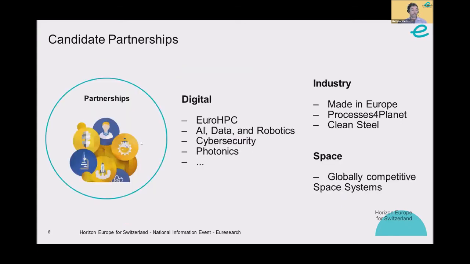Now, I mentioned partnerships at the beginning. So partnerships are agreements between the Commission and public or private partners in order to, let's say, align research efforts and multiply the funding effect. There are many of them in Cluster 4. I will not go through all of them. Digital has really a lot. You see some of them here. Some of them were also present in similar way in Horizon 2020. Industry has 3 related to factories of the future, let's say advanced manufacturing, that's the Made in Europe one, and the process industry. And there is also one for space, which was not the case for Horizon 2020, so that's a new addition here.